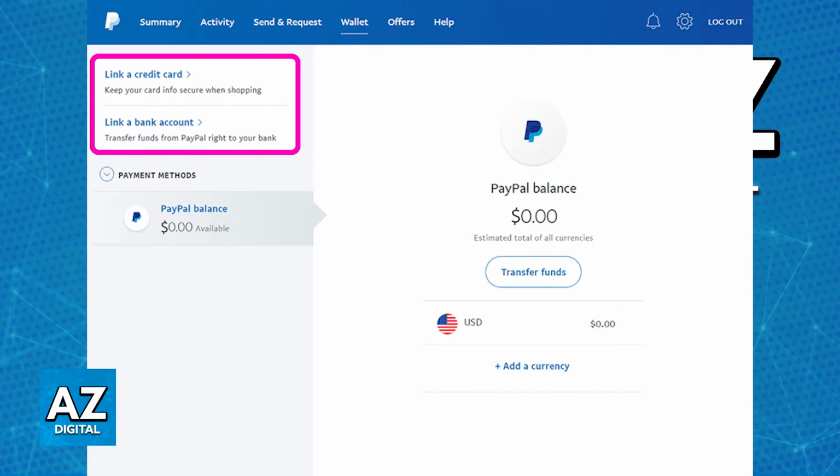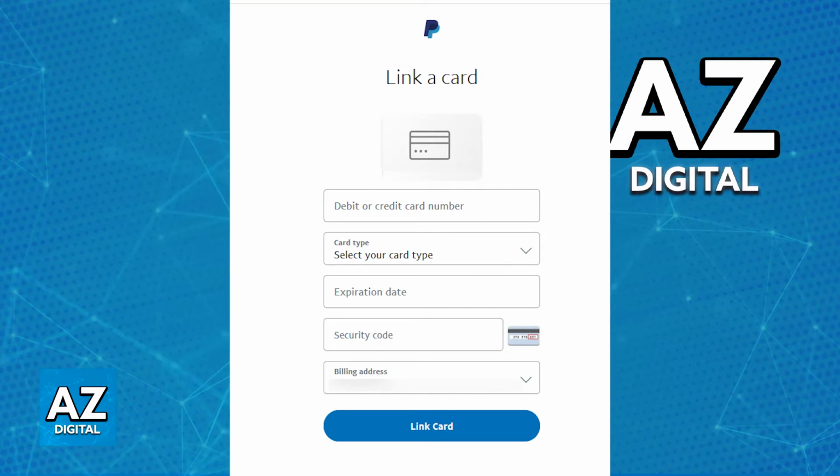Usually for Fidelity, you will be linking a card, so choose that option instead, but you can explore the link a bank option if you prefer. When you choose link a card, you will be able to input all of the details about the Fidelity card that you would like to attribute to PayPal, and then include the card number, type, expiration date, security code, and billing address. Once all of these have been included, you will be able to find it within your wallet page.